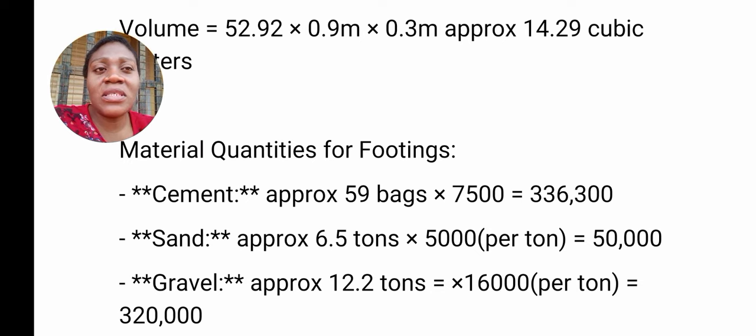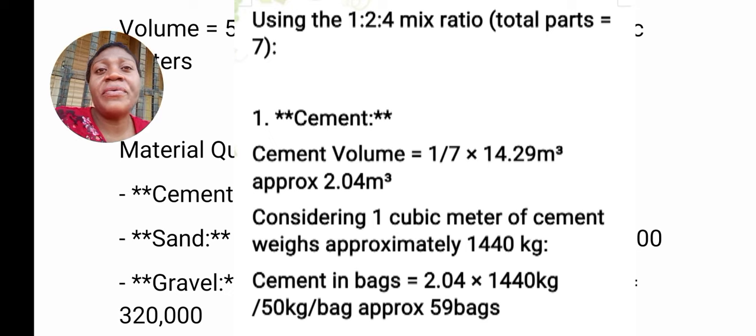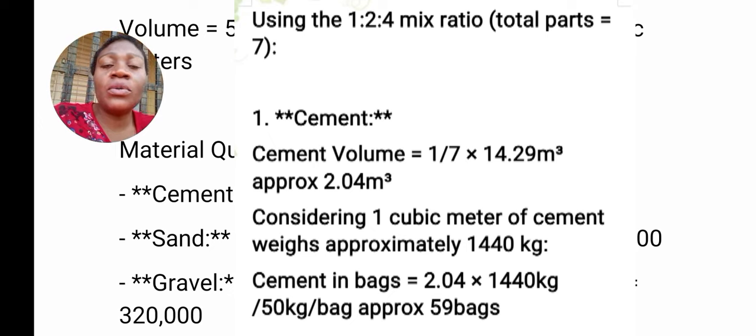So materials quantity for footings, we have cement like 59 bags. I know you'll be wondering how I got these 59 bags. I just posted it on the screen. Using the ratio 1:2:4, you get a total of 7. So the cement volume will be 1/7 multiplied by 14.29 cubic meters,